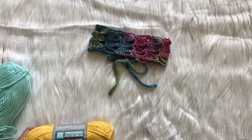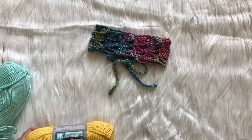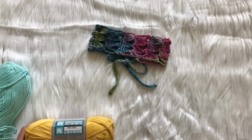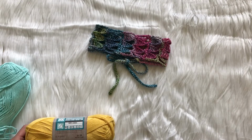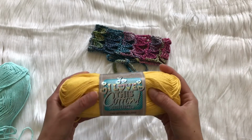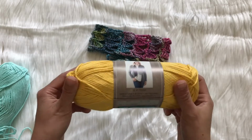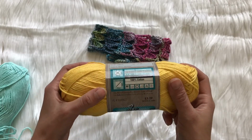This is Sarah from No Hooks Given, and today I'm going to be showing you how to make the Summer Festival Headband. You will just need one skein of yarn. You really only need 1 ounce. I'll be using Hobby Lobby. I love this cotton. It's 100% cotton. It is a worsted weight 4